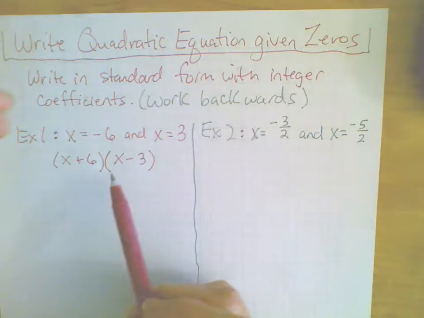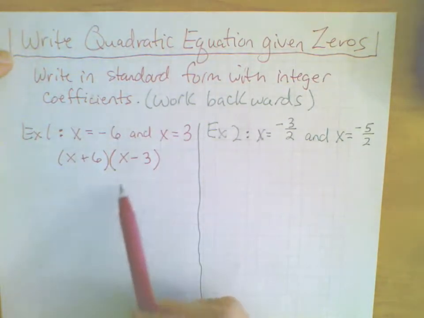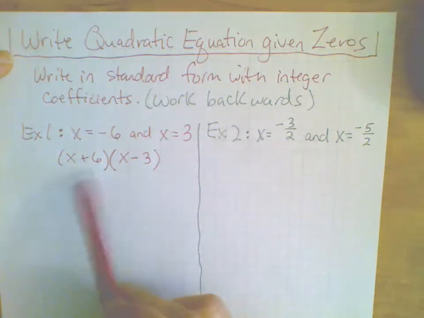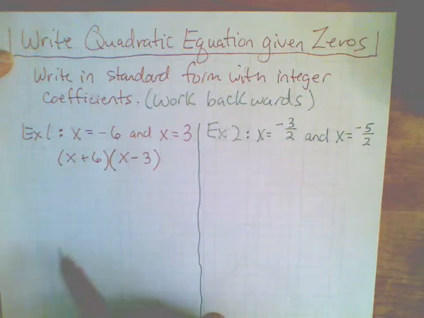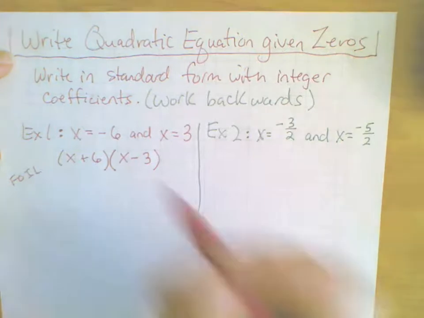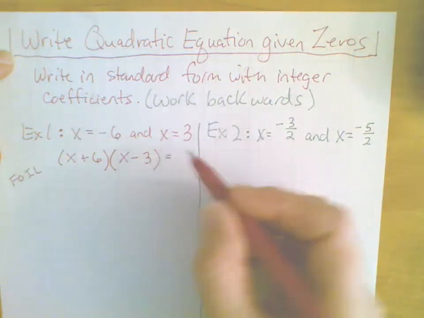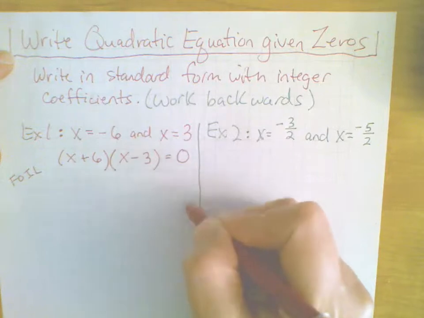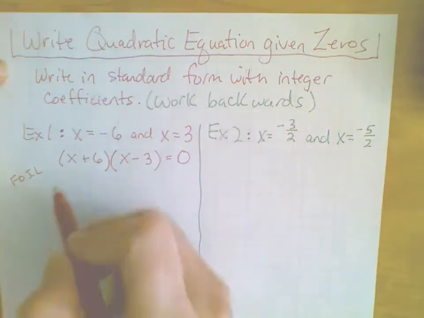So if we were going forward, we would set each of those equal to 0, x plus 6 equals 0, x minus 3 equals 0, and we would solve for x. But we're going the other way. So now I've got to FOIL. I am going to go ahead right now and set this equal to 0 and carry that down with me the whole time because I am writing an equation. So I've got to have the equal sign, and I do want it in standard form. So as I FOIL,